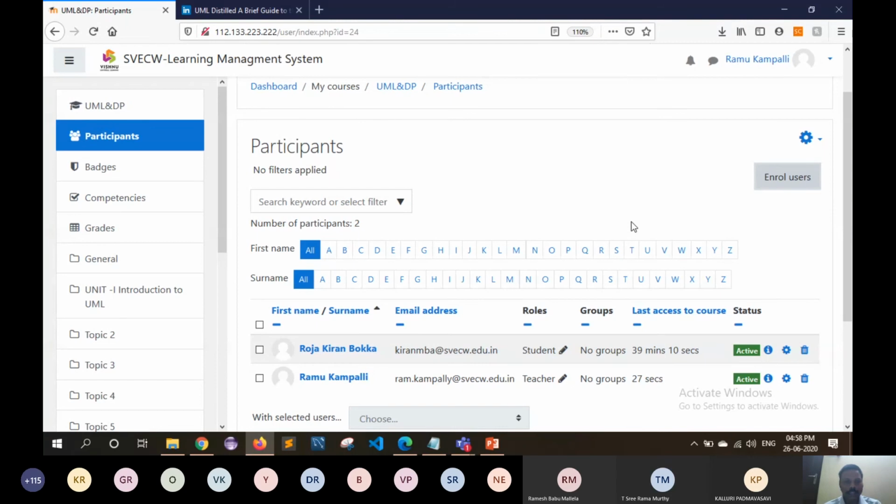As a teacher, you have to create one Excel sheet, like a CSV file, where you type the student details and the course name details. I will share the format of how to prepare bulk student details for enrolling into a specific course.